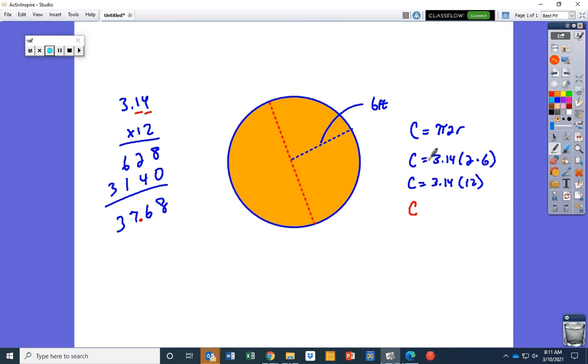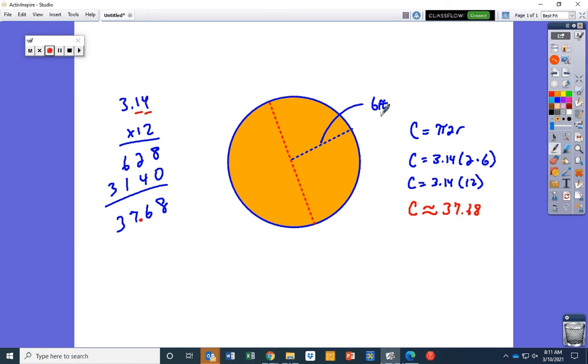Oh, another thing we got to do. When we use pi, is this the exact answer to what pi is? Pi keeps going, doesn't it? So anytime you use pi, you're not going to put an equal sign. What do you think you're going to put there? You're going to take your equal sign and make it about. In other words, you make your equal sign wavy, and that means about. It means like you're approximating. So circumference is about